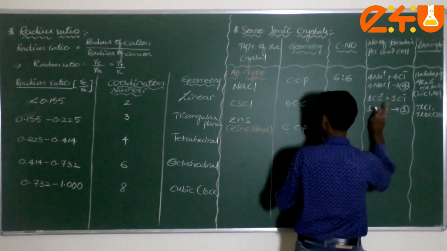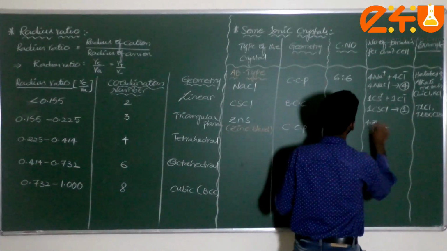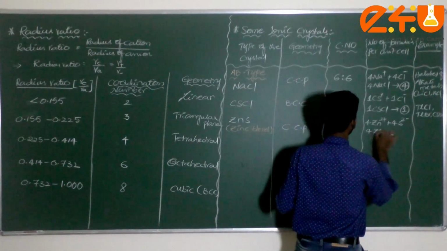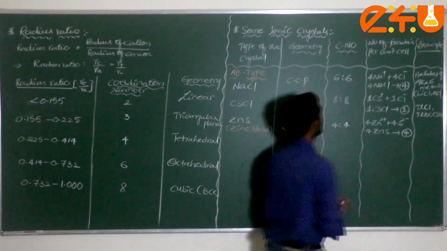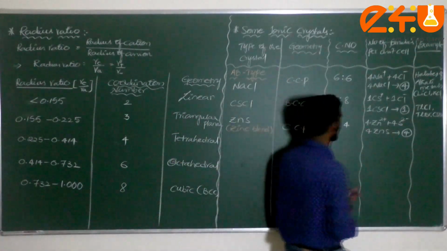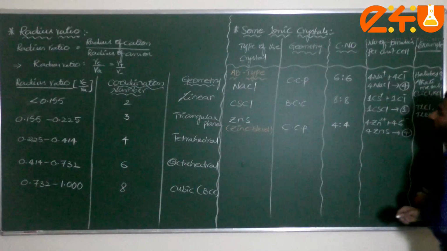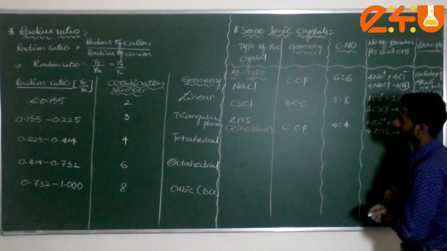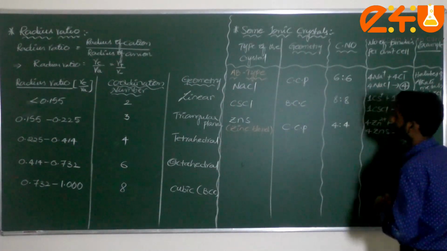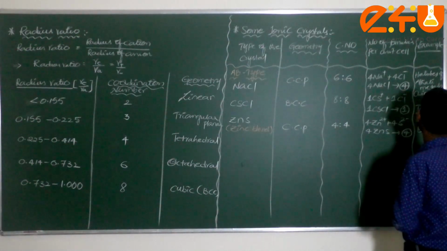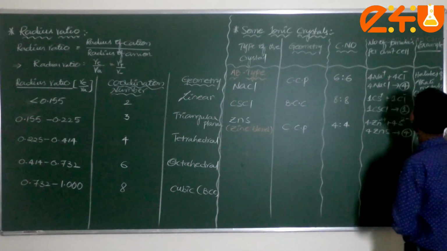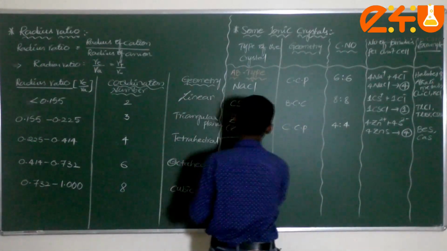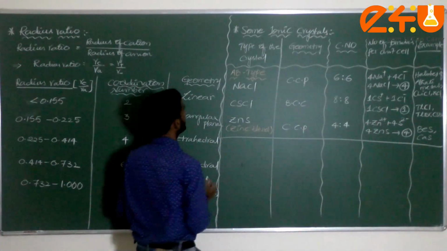Here we have to consider 4 Zn2 plus and 4 S2 minus, so it is 4 ZnS. Then the number of formulas per unit cell is 4. What are the examples which come under ZnS type? You can consider BeS, beryllium sulfide, and calcium sulfide. These all come under AB type crystalline substances.